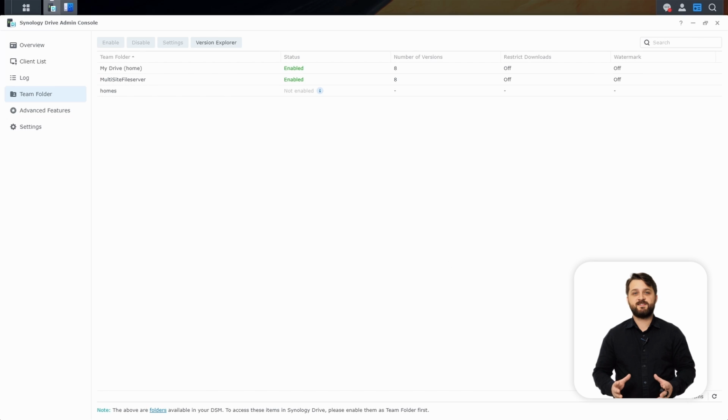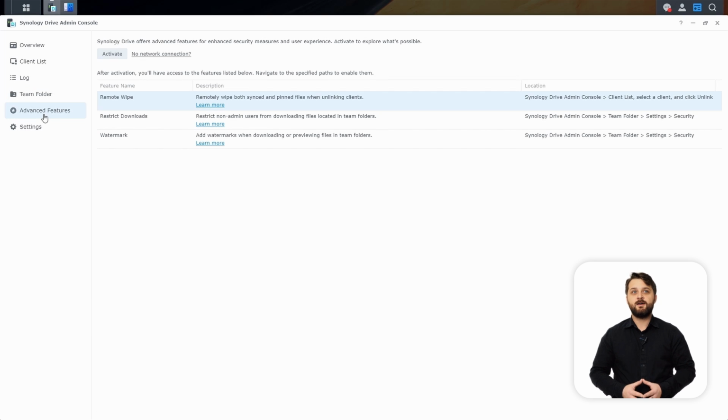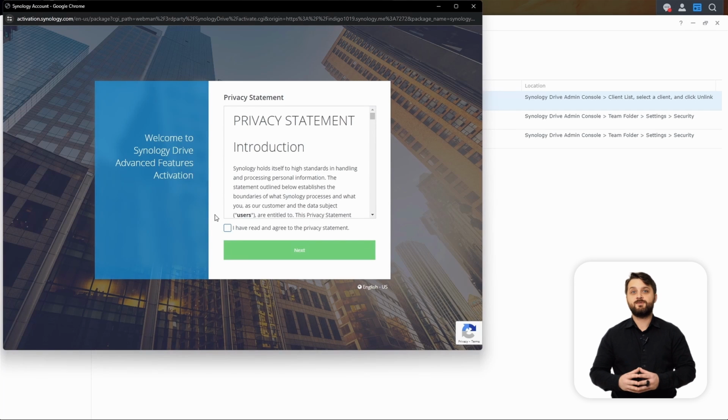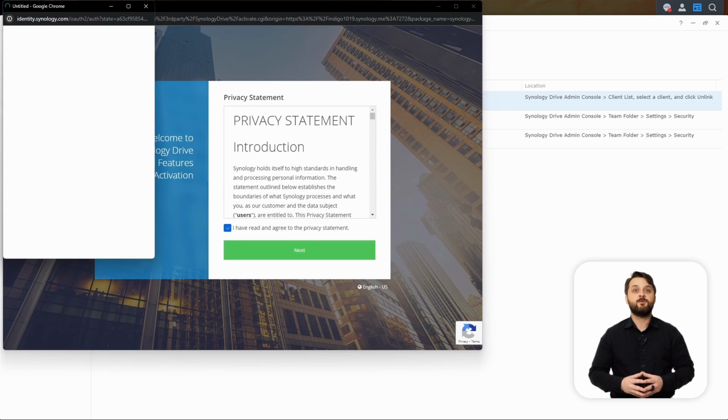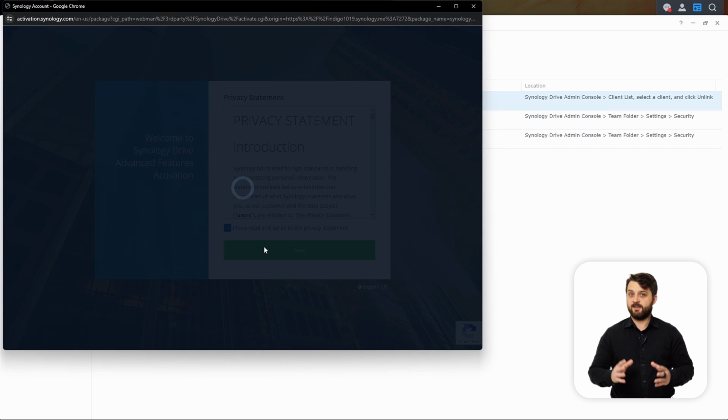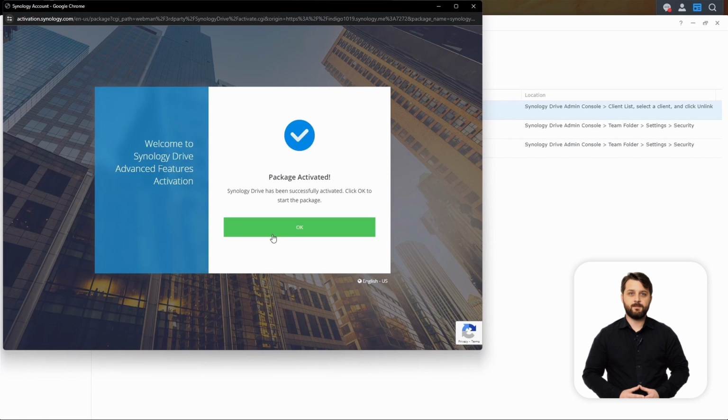Now that we got that enabled, we set up the personal space as well as the collective workspace that we can use in Drive. Under the advanced features, we're going to want to activate this feature inside of Synology Drive. Now, keep in mind this is license free, and the only reason why you need to activate this feature is so that we can monitor who's using Synology Drive in this way, and we can continue committing development resources to making Synology Drive that much better. So once we've activated this, and again, this is license free, we can continue on with the admin console.